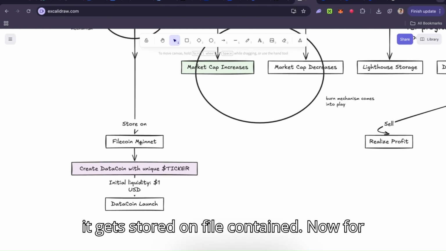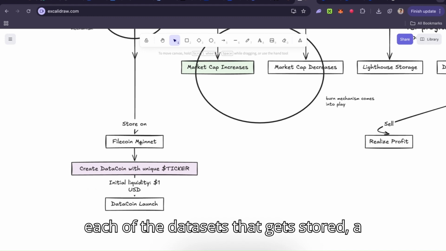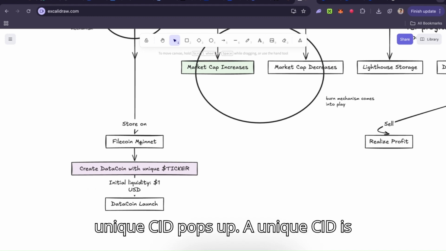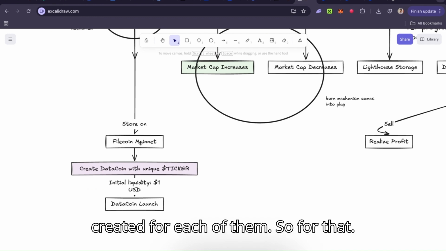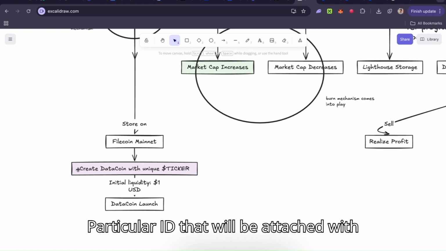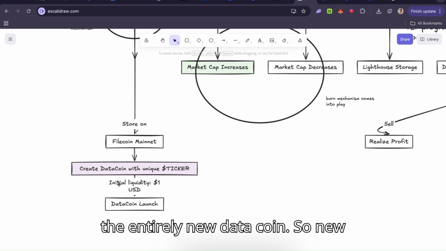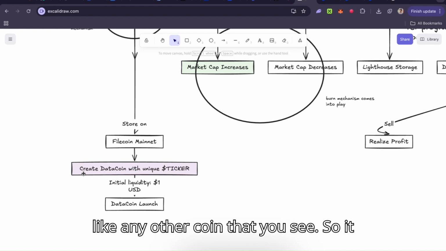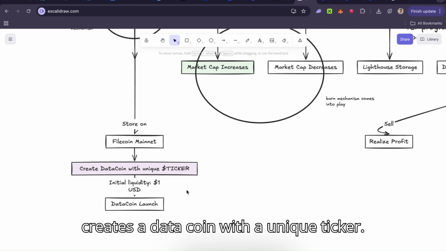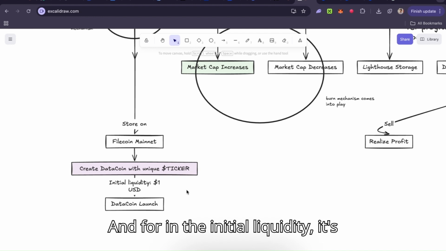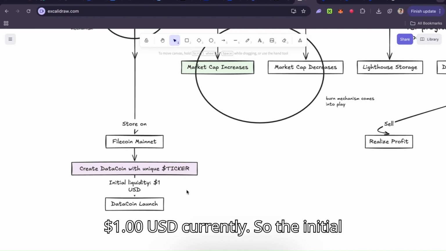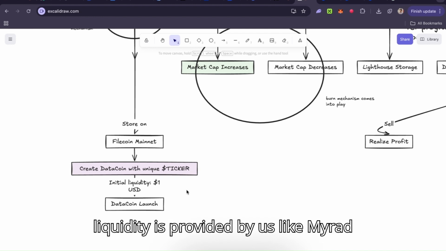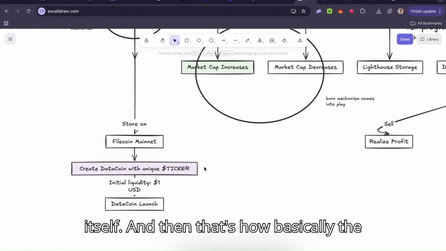Now, for each dataset that gets stored, a unique CID is created. That particular CID will be attached to an entirely new data coin. So a new data coin is created. A data coin is just like any other coin that you see. It creates a data coin with a unique ticker, and the initial liquidity is $1 USD currently on Base Sepolia. The initial liquidity is provided by us, the MYRAD team itself,